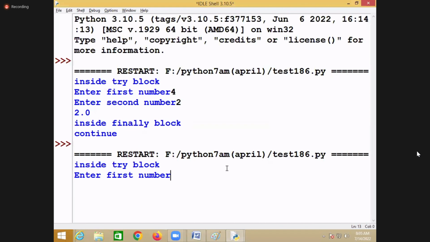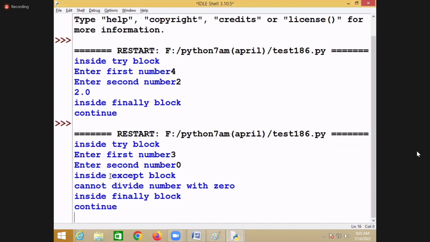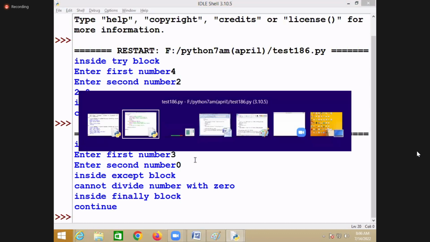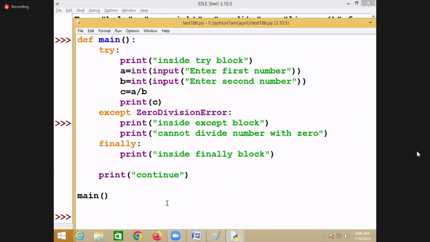So where I input the first number as 3 and the second number as what? 0. You can see inside which block? The except block: cannot divide a number with 0, and inside the finally block, and the next one is what? Continue. Is it continuing the execution or not? Yes. So this is the second scenario, but there is one more scenario.